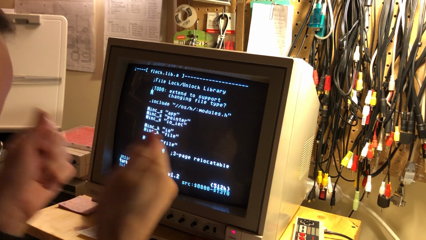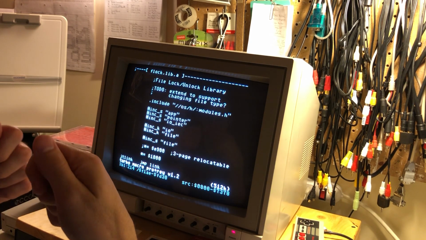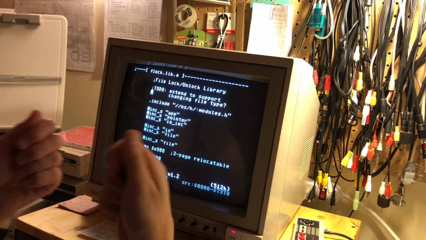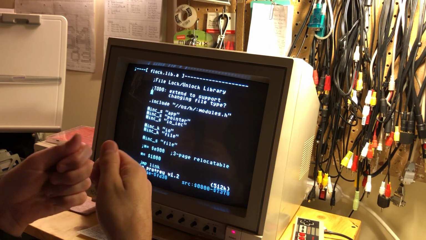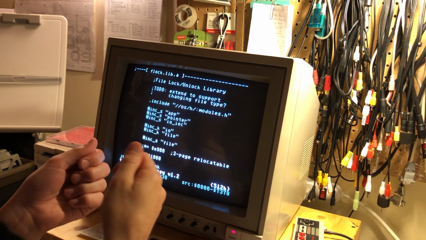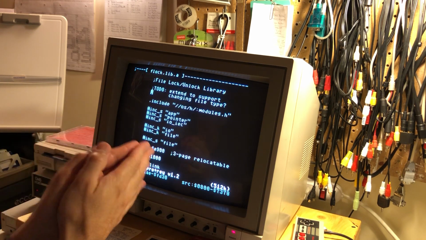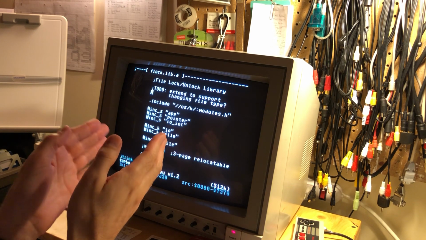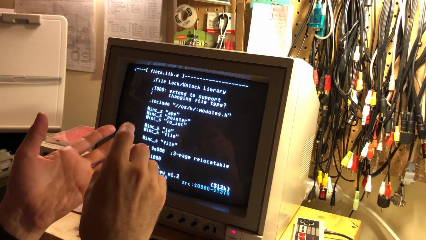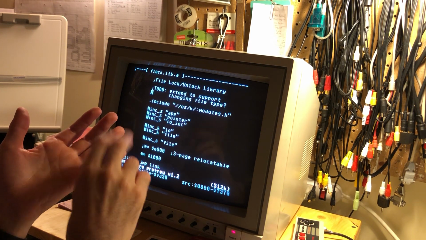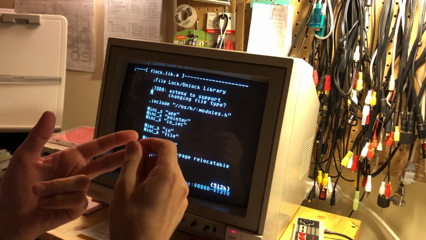In order to implement the ability to flip the lock bit in a utility, we need some code that will let us actually flip the lock bit in the file system. Now, how exactly you do that depends a lot on the DOS on the device that you are supporting. So C64 OS can run from an SD2IEC, an IDE64, the CMD family of devices, including the CMD hard drive,